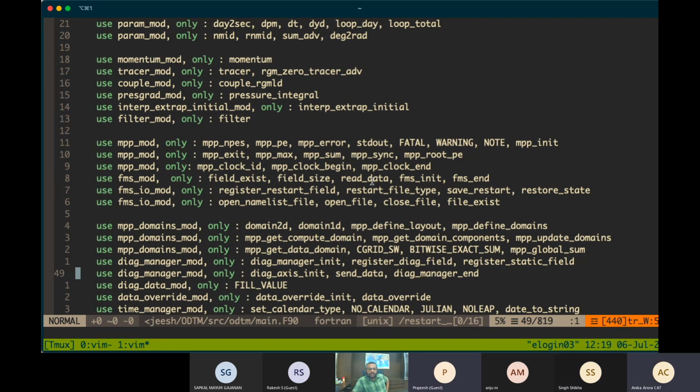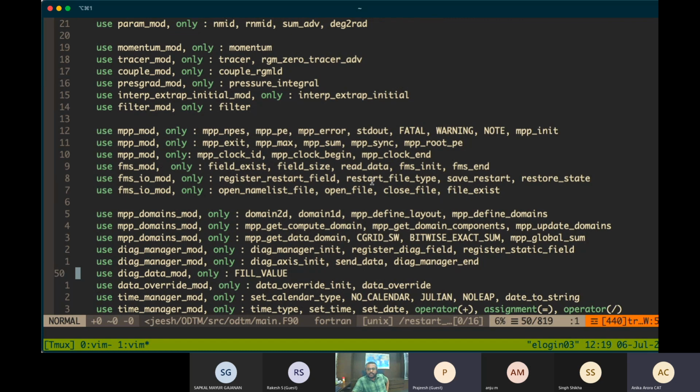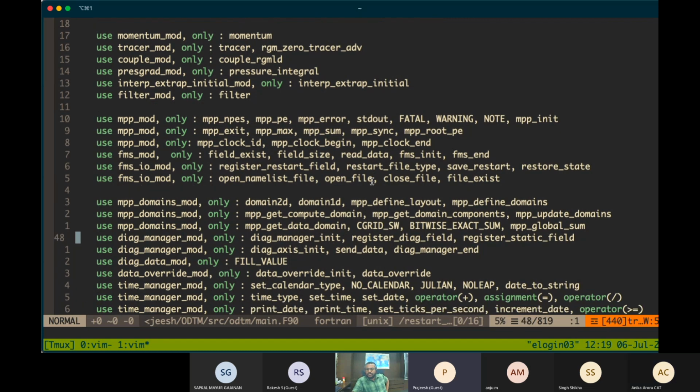Inbuilt means these features are inbuilt, that like you can write a module and call a module, use a module and all. These are inbuilt features. But let's say diag manager is not an inbuilt thing in Fortran. It's the FMS source code.